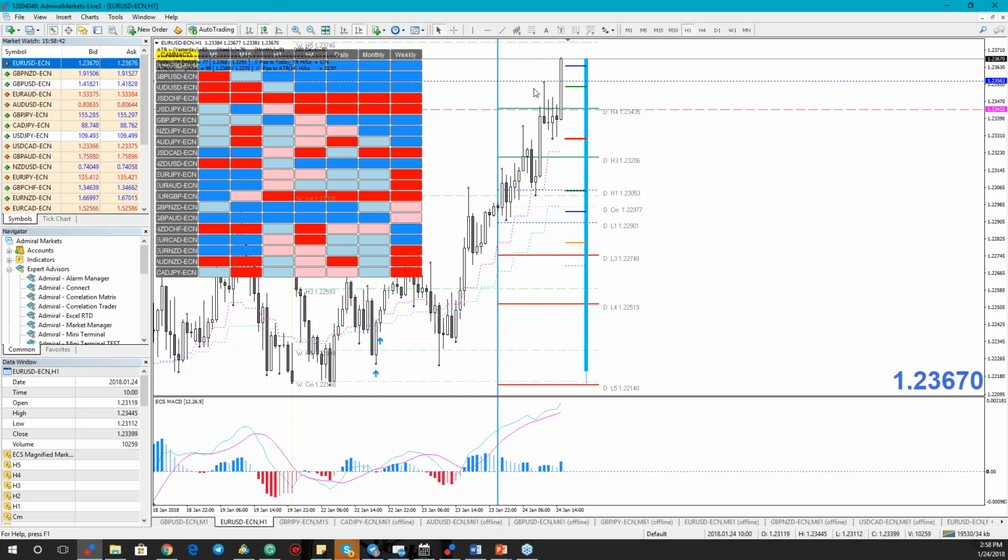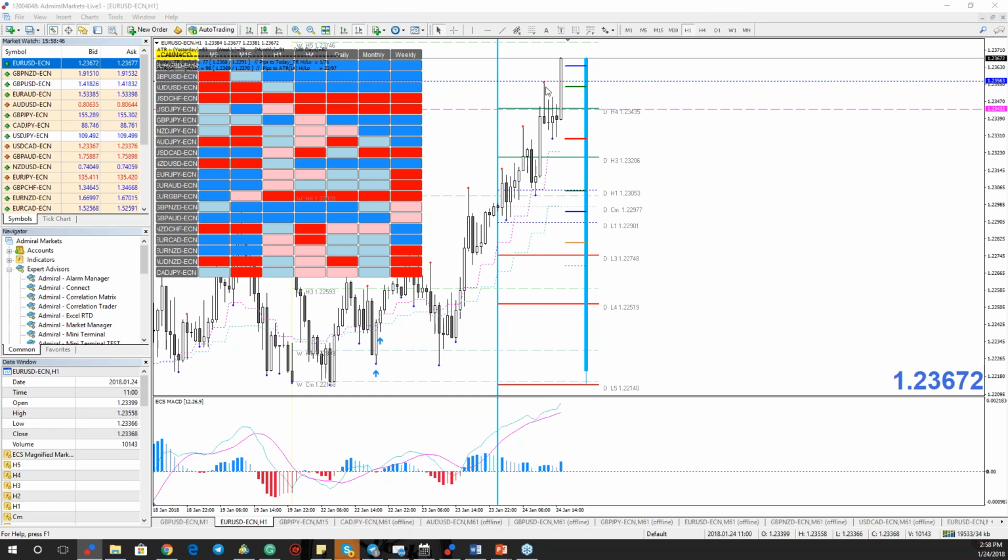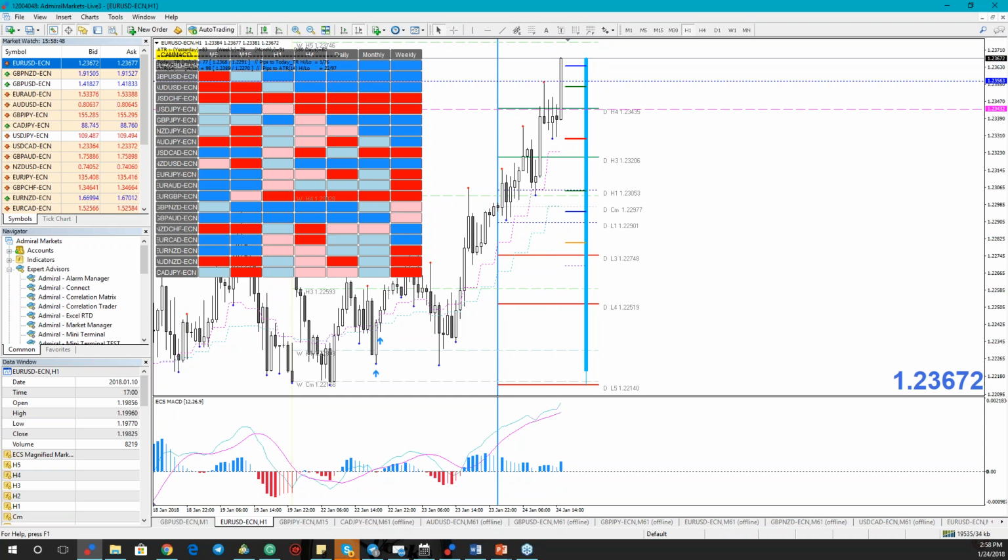And I always say the first rejection is the most profitable, and this was the first rejection here. So for all of you who took a trade that I presented on Monday, you should already have protected your profits, guys. Watch this. It happened. The 23.60 sell happened, but the trend continued here. So I wouldn't sell it now.